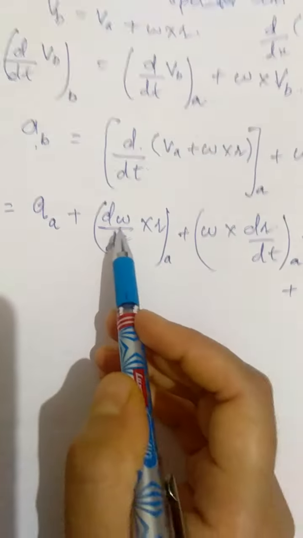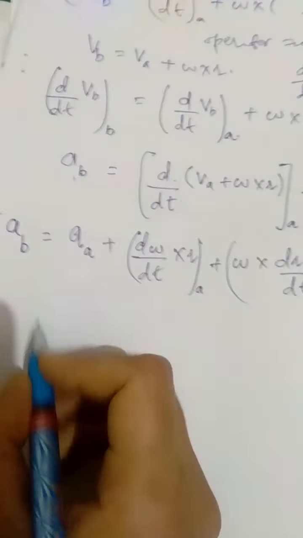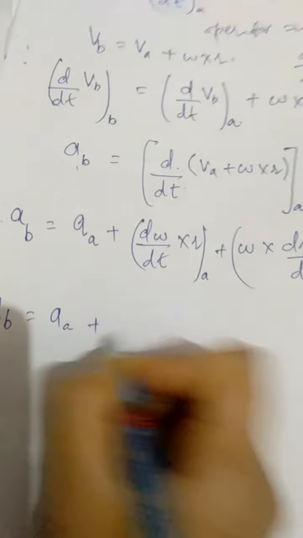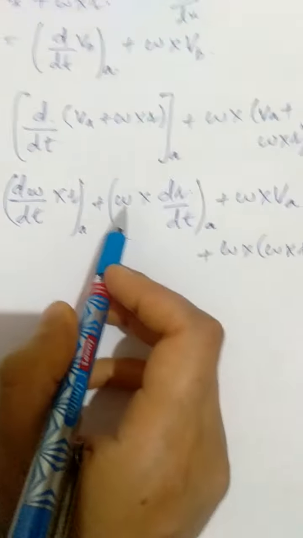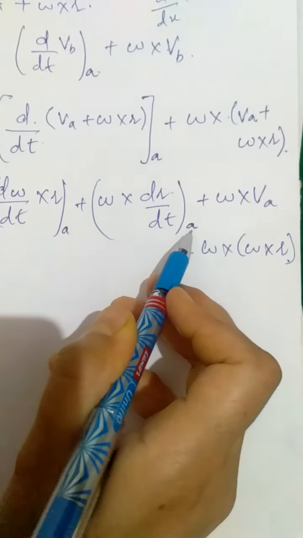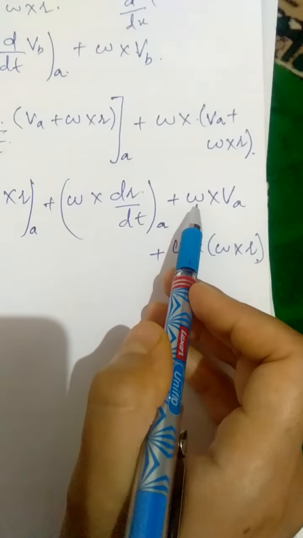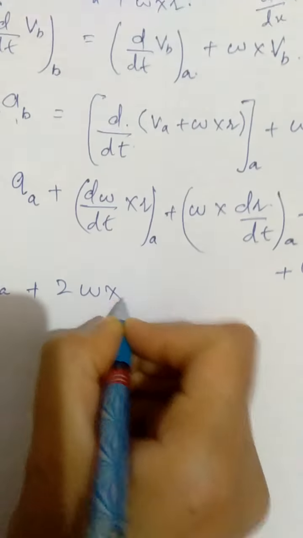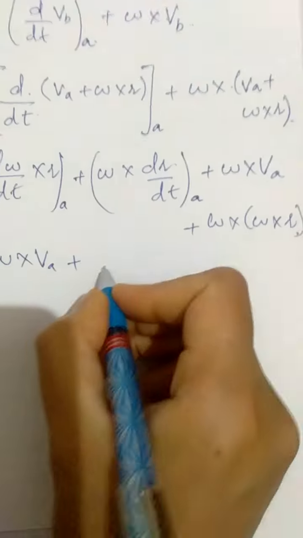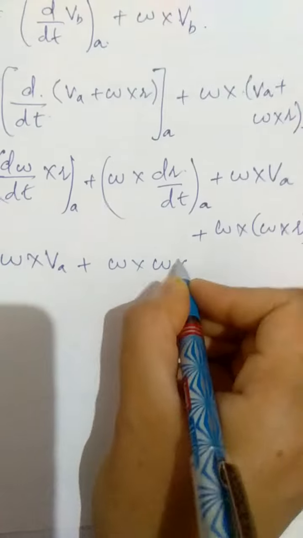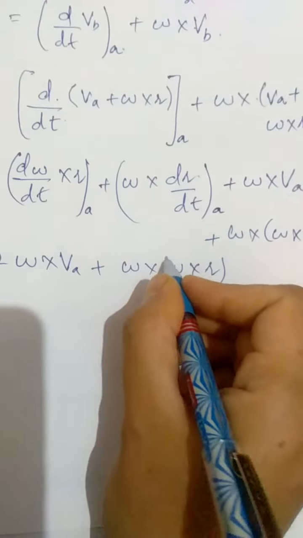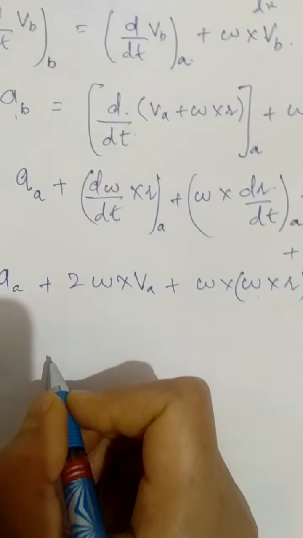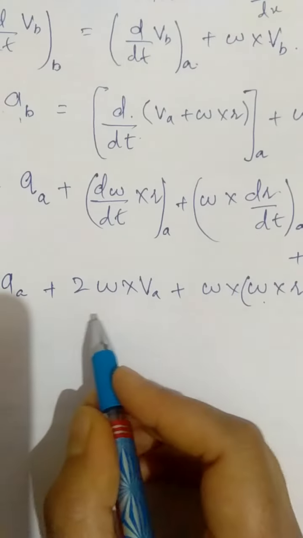Now, if omega is constant, this term will be 0. You are left with AB is equal to AA plus, this term will not be there. It will be omega cross VA rather, right? So we have another omega cross VA term here that will be written twice. It is twice omega cross VA plus omega cross R. If all of you have followed the previous lecture that was delivered yesterday, you will be easily able to identify